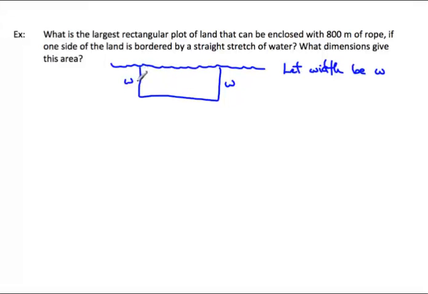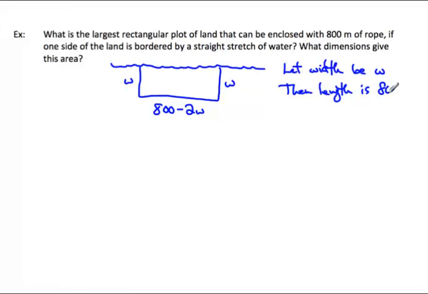Now if we have 800 meters of rope to go all the way around these three sides, we've already used up 2W worth of rope, so whatever is left is going to be 800 minus 2W. As this width gets larger and this width gets larger, this is going to get smaller because we're subtracting 2W off. So we can write then the length